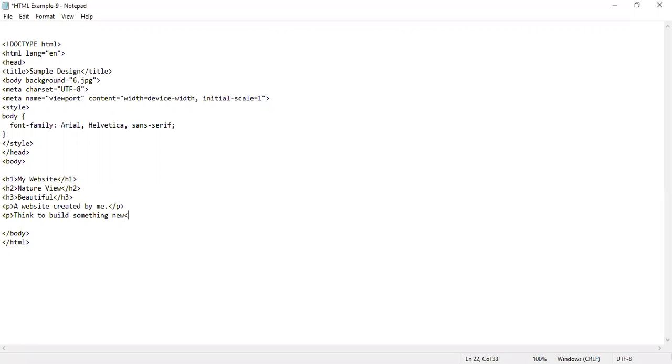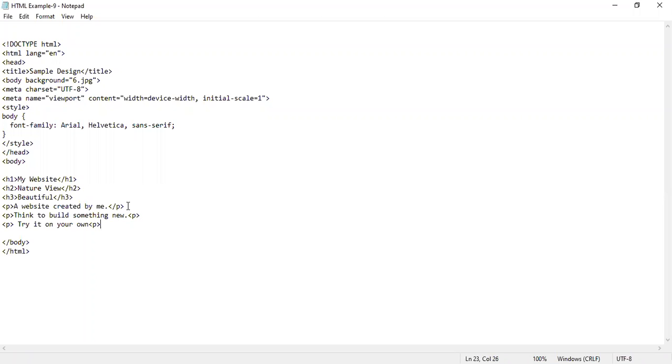We can write whatever we want. We are entering content in the body part, and that will be reflected. I have mentioned three headings here, then some paragraph lines created by me: think to build something new, try it on your own. This is something I am writing.